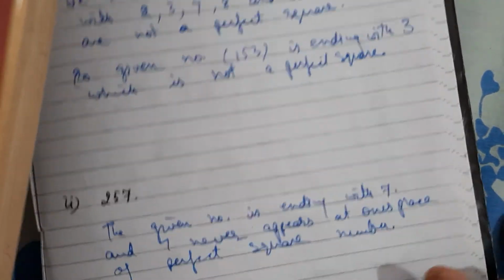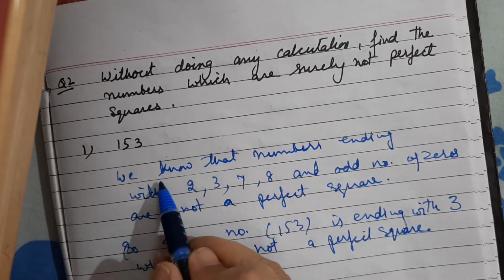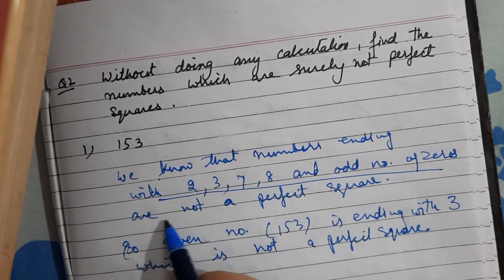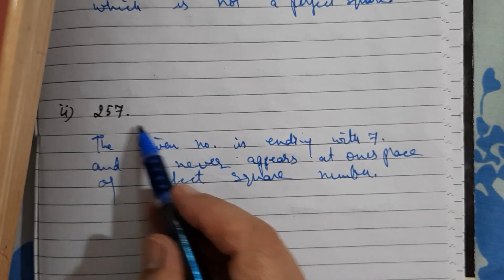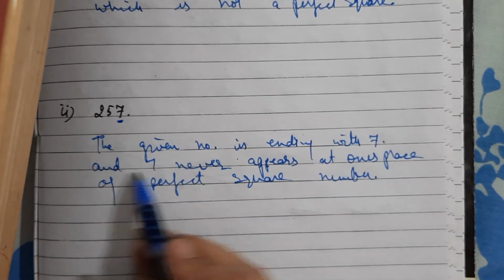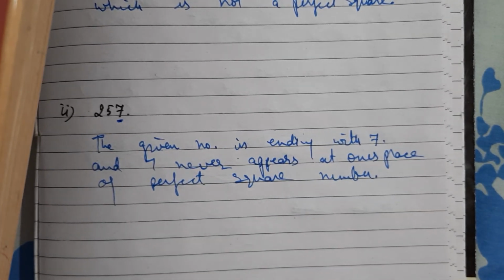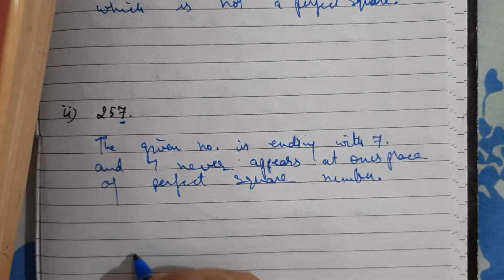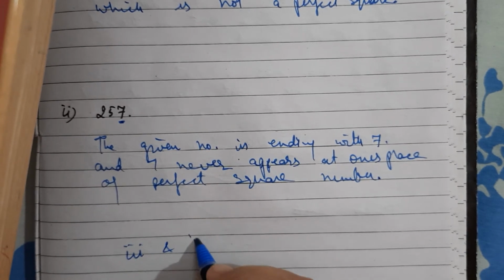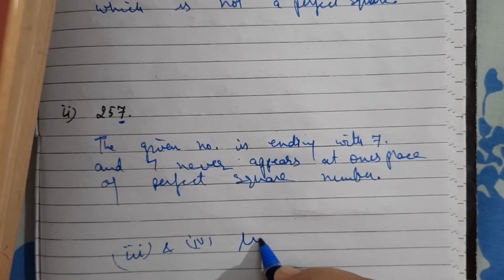So I can write simply that the given number is ending with 7 and 7 never appears at one's place of a perfect square number. So similarly you will solve the remaining two parts, here also third and fourth part. Try yourself